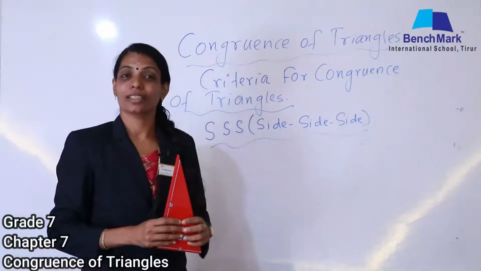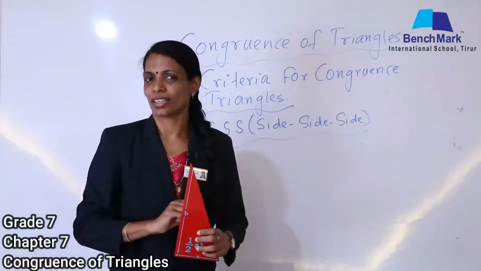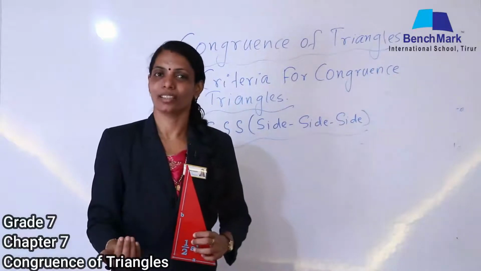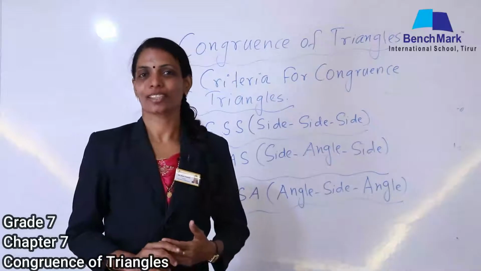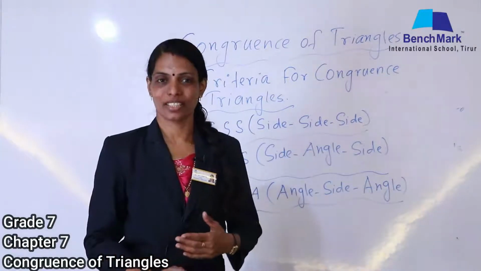That means under a condition that the three sides of a triangle are equal to the three sides of another triangle, they are said to be congruent. Let us move to the next criterion for congruence of triangles. The next criterion is